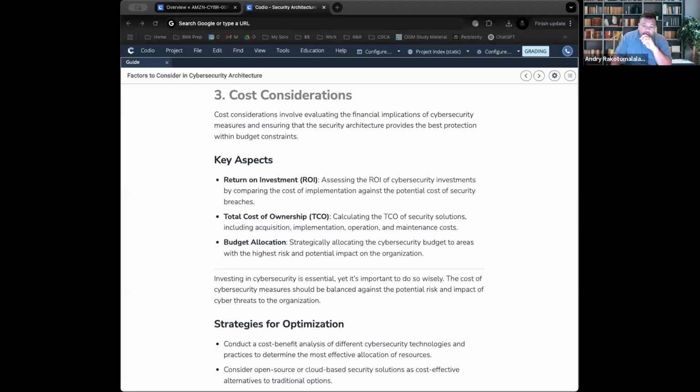So when we're talking about networking, when we're talking about cybersecurity, keep in mind that we are talking about resources. So human resources that you're using to actually implement these things. We're talking about hardware. We're also talking about the different costs if there were to be an incident. That's why cost considerations are in mind.